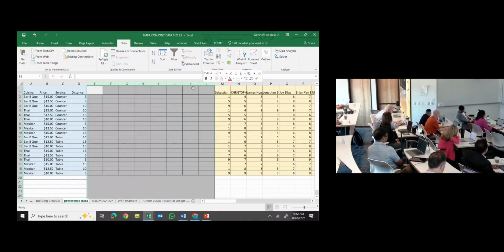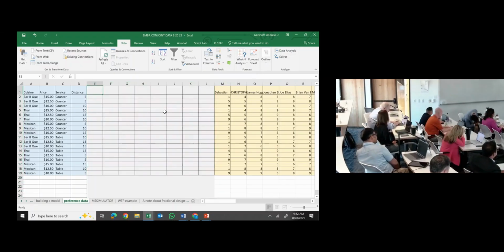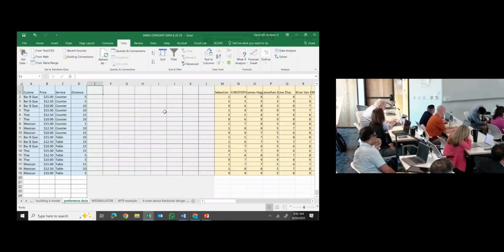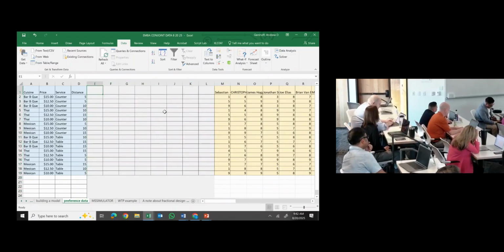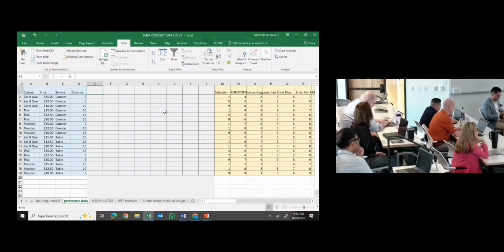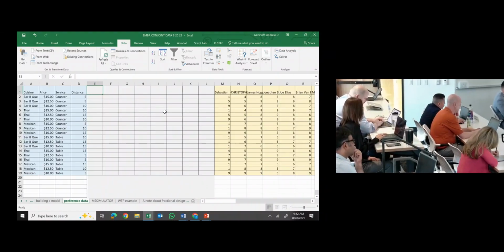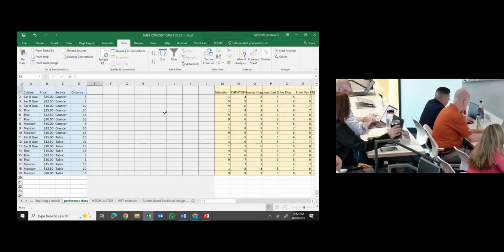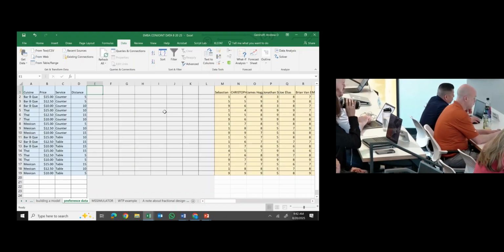Gray. Okay, so for cuisine, let's think about the dummy variables for cuisine. I have 3 levels of cuisine. You can be Mexican, you can be Thai, or you can be a barbecue restaurant. How many dummy variables do I need for those 3 levels of cuisine? 2. I need 2. I need 1 fewer than the number of levels that I have, because really what I'm